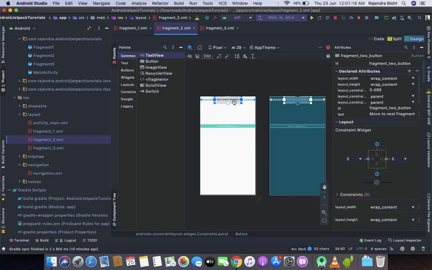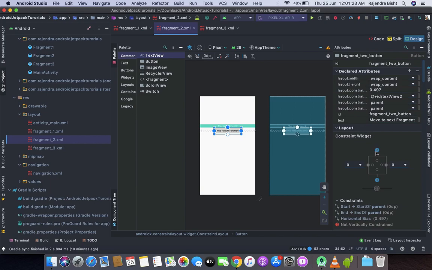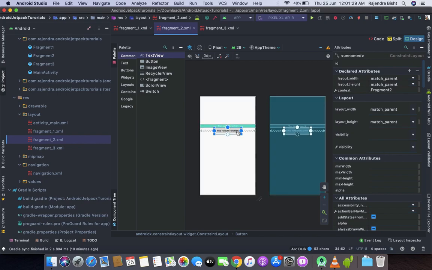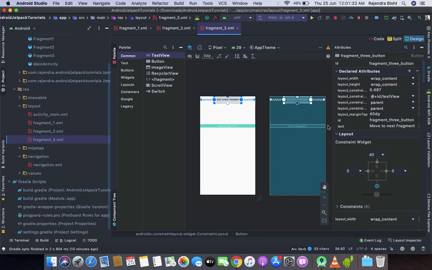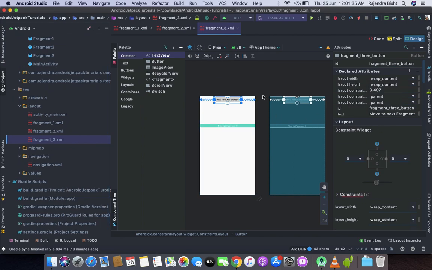Let's remove the constraint from the bottom, drag it, and set the constraint to the text view. Similarly, for fragment 3, just remove the constraint from here, drag it and set the constraint with the text view.